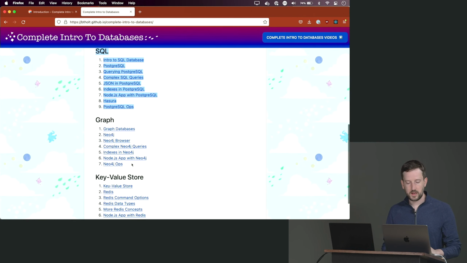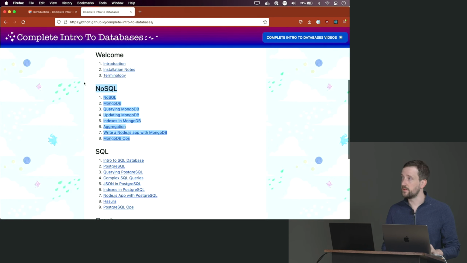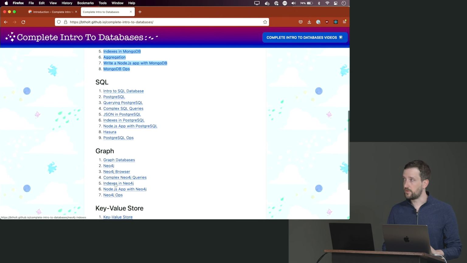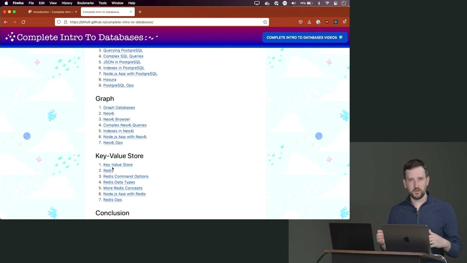But this class also goes into graph databases, key value stores, as well as NoSQL databases. Specifically, it goes into MongoDB, Postgres, Neo4j, and Redis. This is much more of a higher-level comparison: use NoSQL for these kinds of problems, use Postgres for these kinds of problems, use Redis for these kinds of problems. Whereas this class is specifically teaching you in-depth SQL so that you can work with SQL. You've already decided to use an SQL database. This one's going to help you choose that you want to use an SQL database, if that makes any sense.